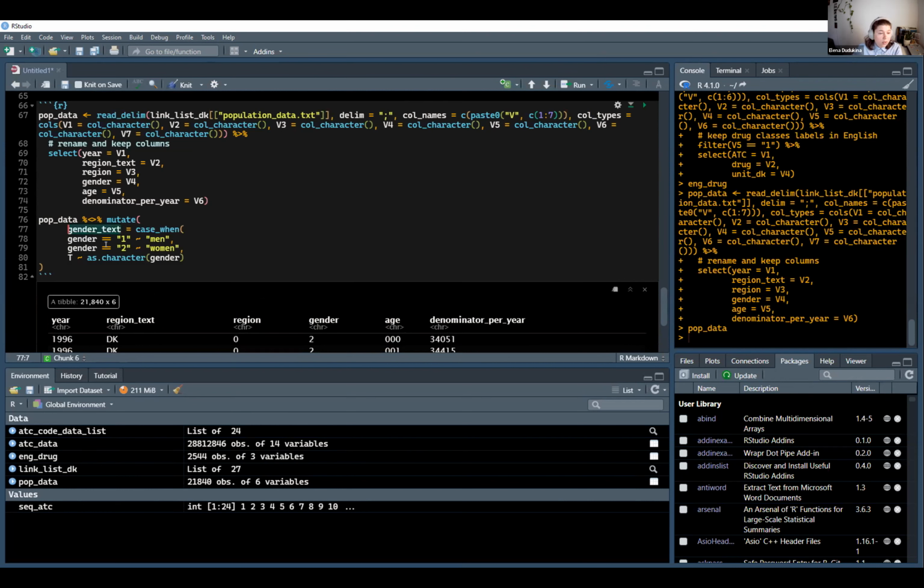So I will create the variable that is called gender text. I will do it using the variable gender that we already have. And I know that 1 is for men and 2 is for women. So this is what I'm going to do. And also I want now to address